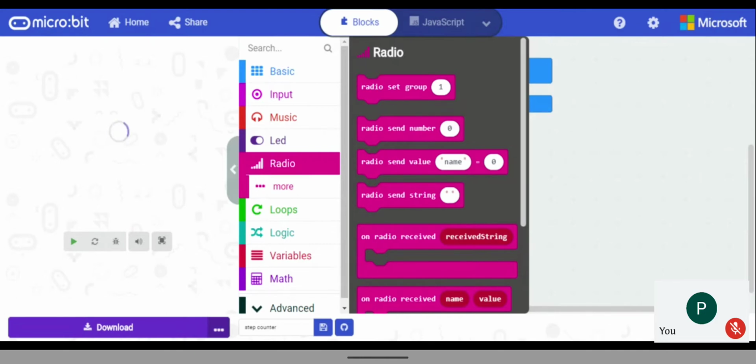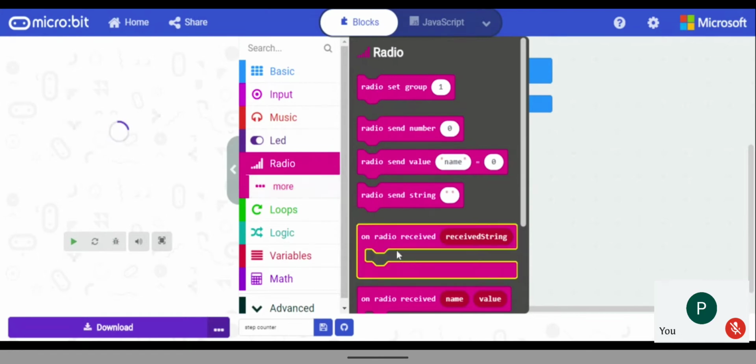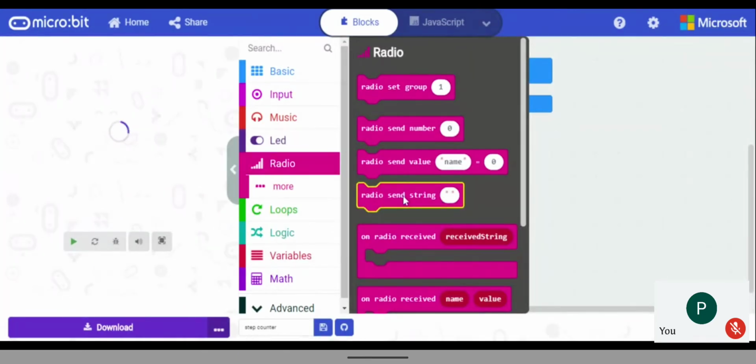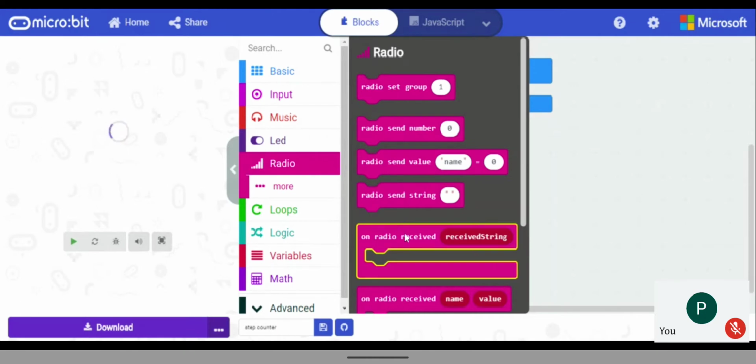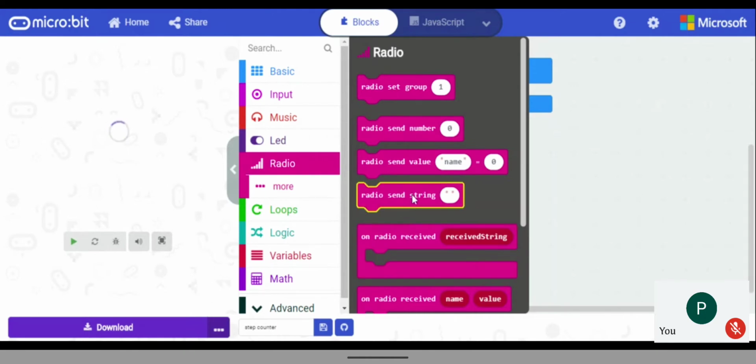Okay, so in basic, input, music, LED, radio, everything is inbuilt. Like this one we use for receiving the radio signal. The upper one, radio send string, is if you want to send a message which has to be received by something else; it is already inbuilt.